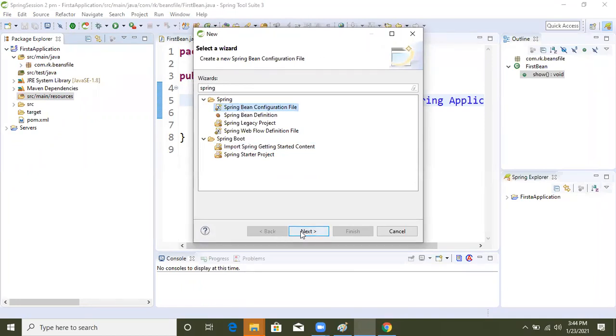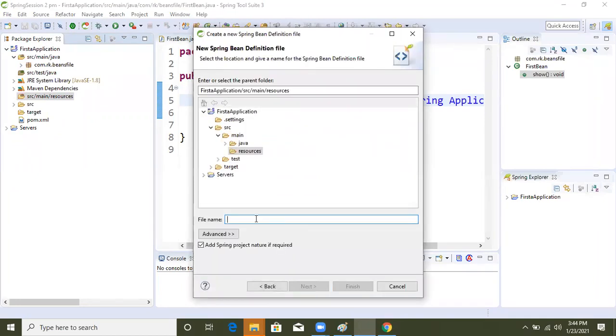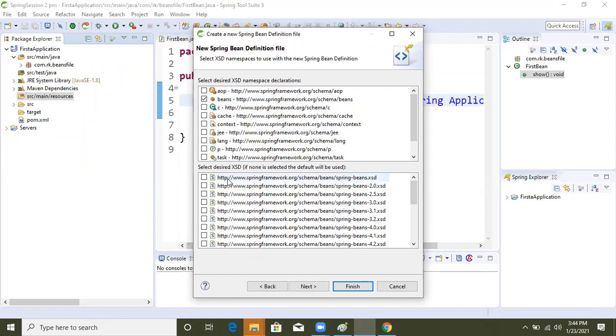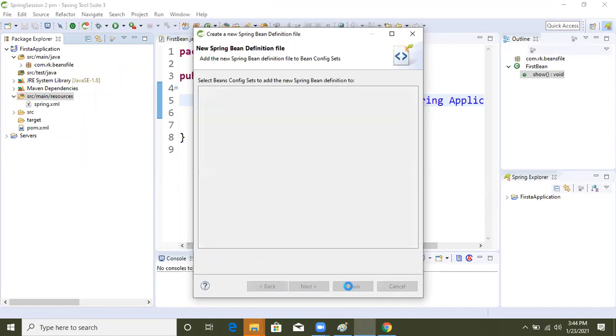Select that, click next, and give any name, spring.xml; the xml extension must be there. Click next, not finish. Select the beans namespace, the first one, then next and finish.